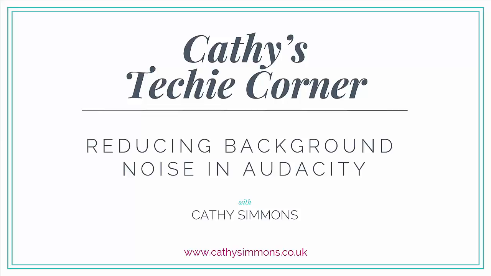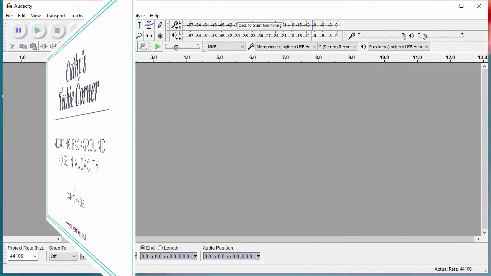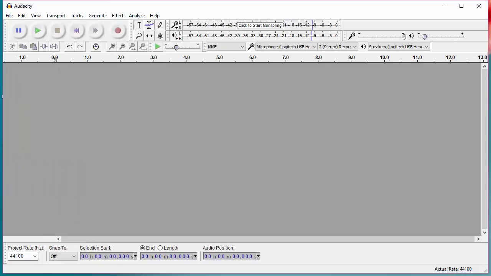Today I'm talking about a program called Audacity, which is a wonderful and free program for recording MP3s and audio. It's a really lovely program. So if this is something you use, I want to tell you a little trick for reducing background noise in Audacity. Something I need to do a lot because when I'm recording at home I'm on a main road, so there's always some background noise. So that way you can have a clean, crisp recording if this is something you do for your clients.